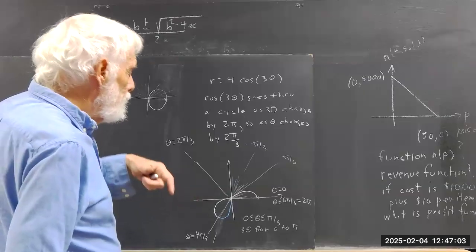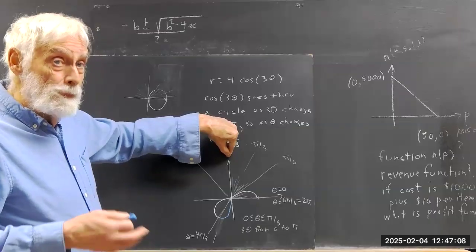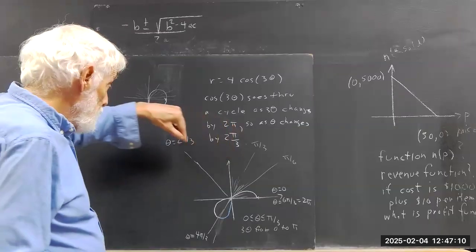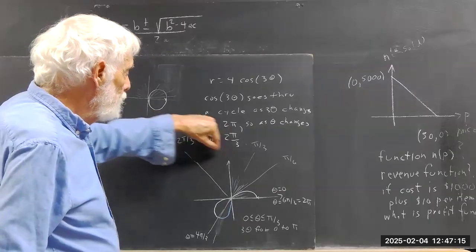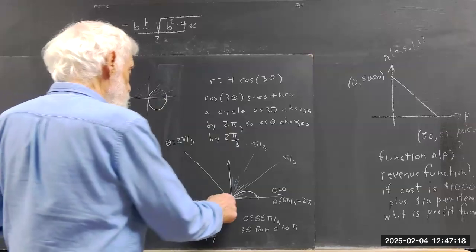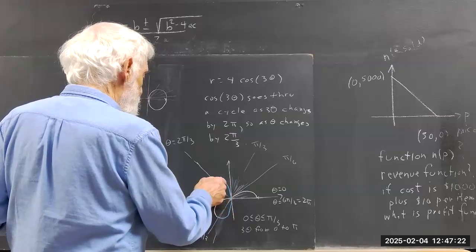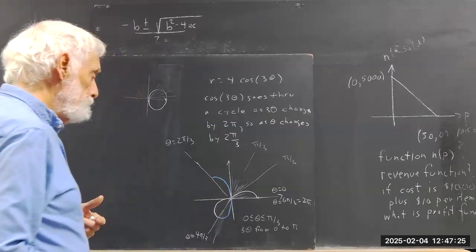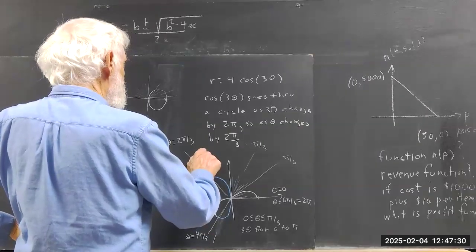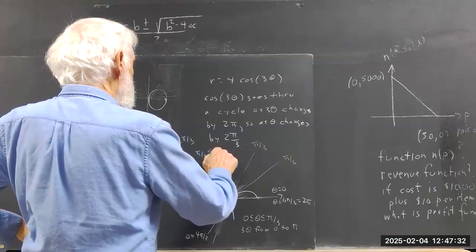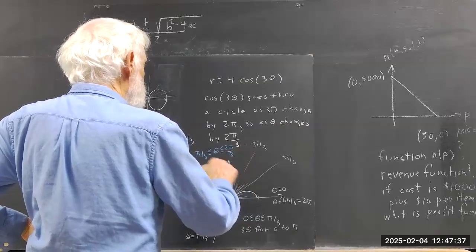And then as theta goes from pi over 2, where 3 theta is equal to 3 pi over 2, right, to 2 pi over 3, where 3 theta would be equal to 2 pi, your cosine values are going to be positive again. And you're going to come around like so. So that's one section of the curve